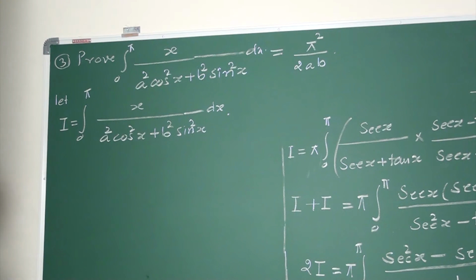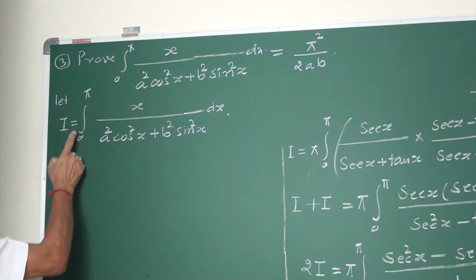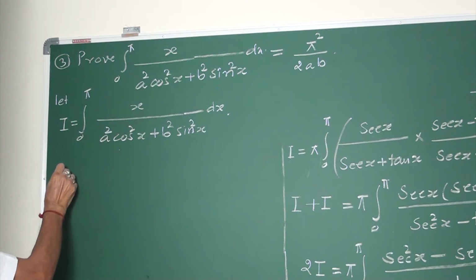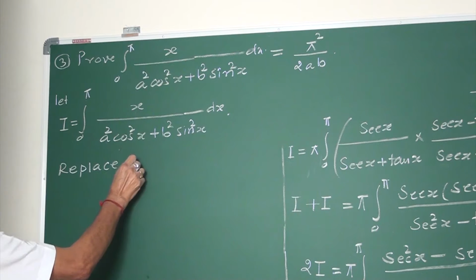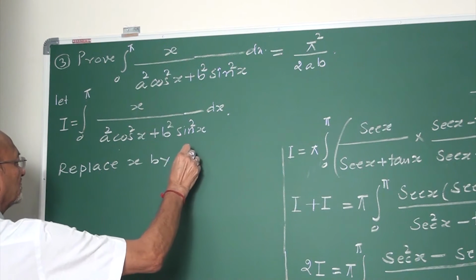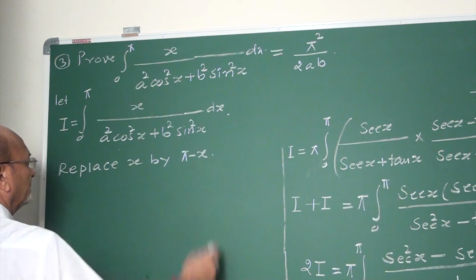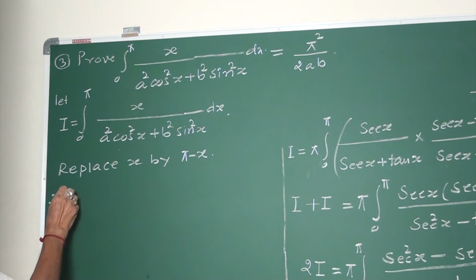Let I equal to this. Next, same. Replace your x by upper limit minus x because lower limit is 0. Replace x by pi minus x in this integral. Therefore, I is